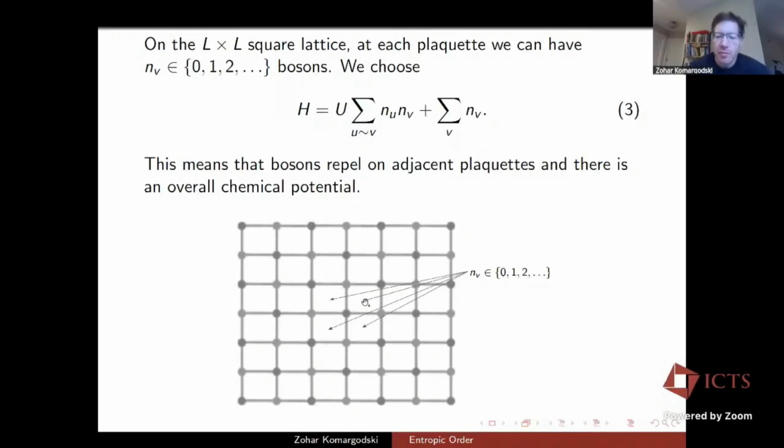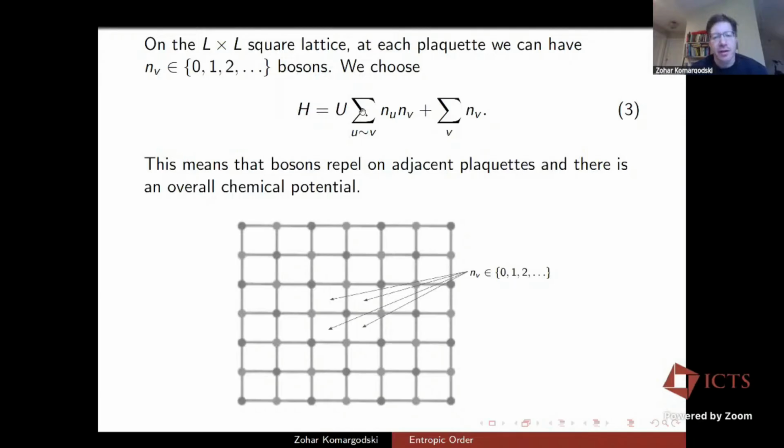So in each plaquette, we put a non-negative integer, and the energy functional is the following. First of all, there is a linear term, which means every time you put some particle, you pay some constant energy, n. By the way, this number n, maybe you could think about it as the number of bosons, but you could also think about it as the occupation number of some Rydberg atom. Maybe it's the internal level of some atom. So you have some linear term which says that going to very high integers costs you some linear energy.